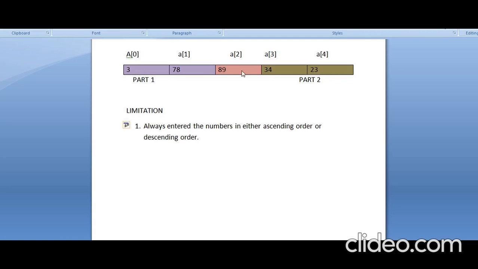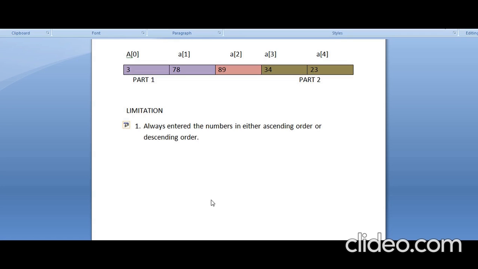Here it was increasing, here it is decreasing, again 23. It should not be there. Such numbers are not useful. It always requires a sorted array. That is the limitation that binary search has. The numbers entered in an array should be in a sorted manner.